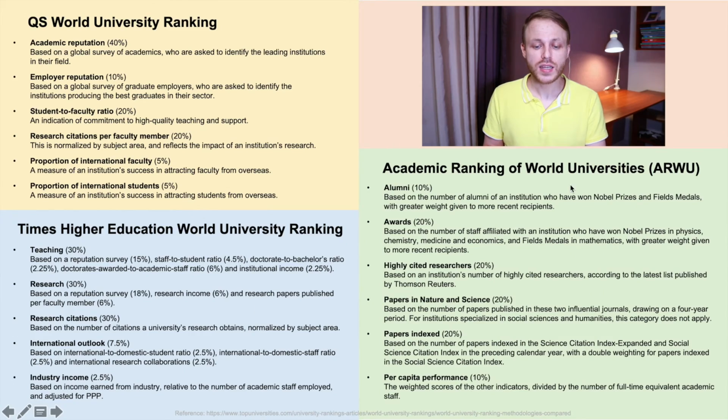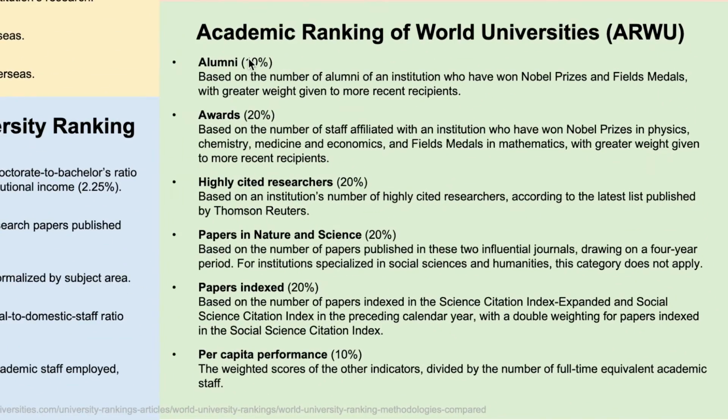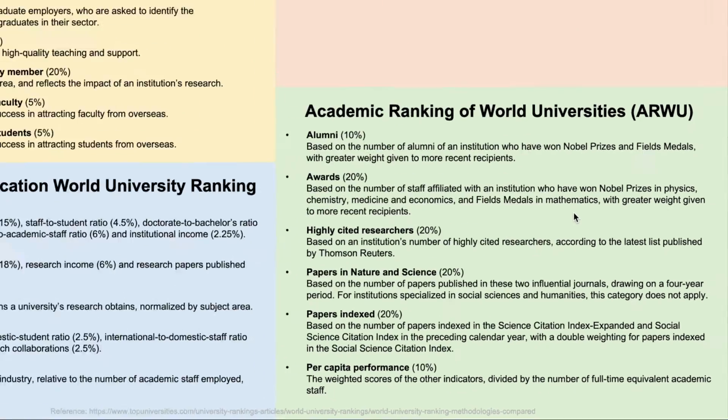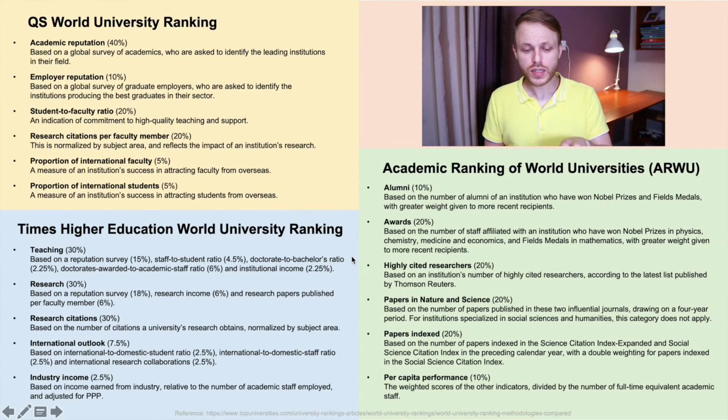You see? An Academic Ranking of World Universities, alumni, awards, like for example, this is interesting. They look at how many people have won Nobel Prizes, for example. So I just brought up all these criteria here on one screen so that you could just see how different these rankings are. So this actually means that the very same university, according to different rankings, will have a different ranking number.